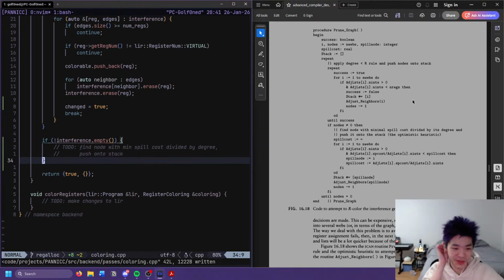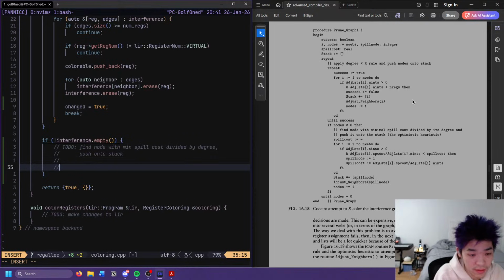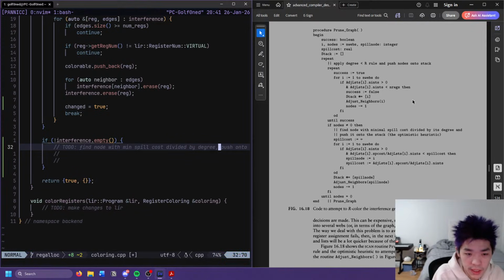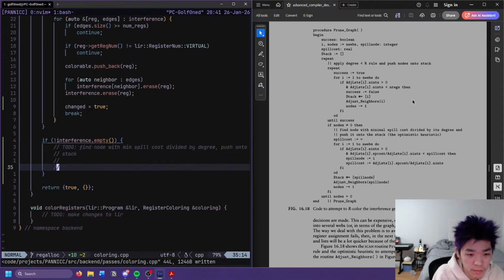Alternatively, we can just sort and then stick everything on the stack for now. We'll just do this actually. Let's do that. For now, we just stick it all on the stack.